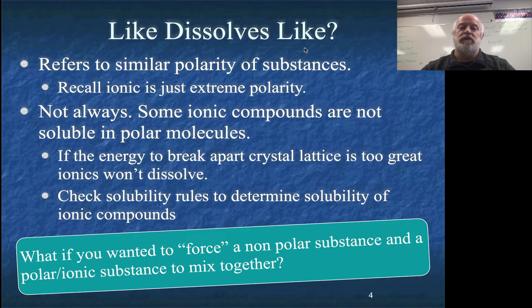Earlier in this year, we learned about what molecules are polar, what molecules are nonpolar, and we also talked about how ionic compounds aren't either really, but really ionic compounds are an extreme case of polarity. So they're more like a polar molecule than a nonpolar molecule. So when it comes to dissolving, what can dissolve something else, you have to have similar polarities of those substances, which means if you are a polar molecule, like water is an extremely polar molecule.